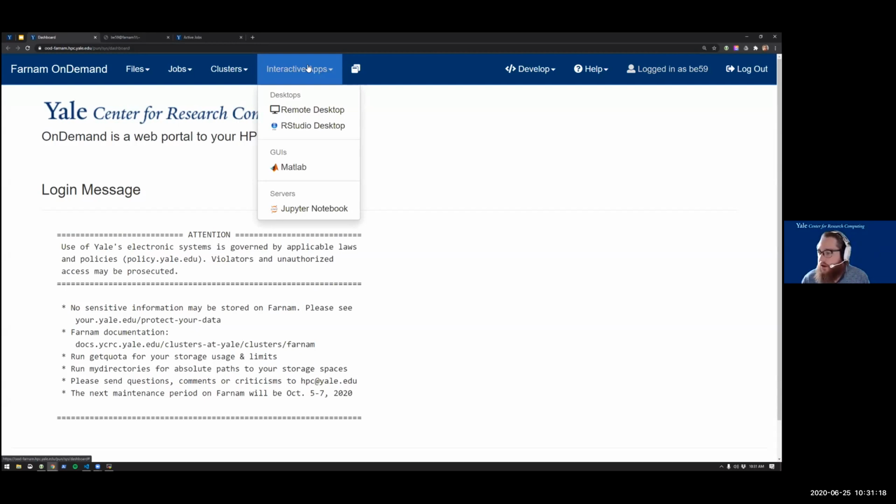I'll be showing you RStudio in a minute, but we also have MATLAB and Jupyter Notebooks that you can launch in a pretty straightforward way, although the first time you do it, it might take just a little bit of setup. And we also have the option just to launch a generic remote desktop where you can start graphical applications that might not be one of the pre-baked ones that we have available.